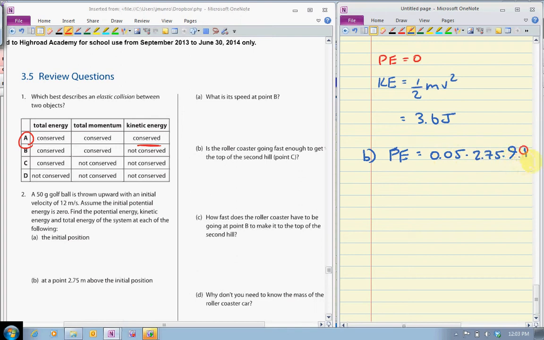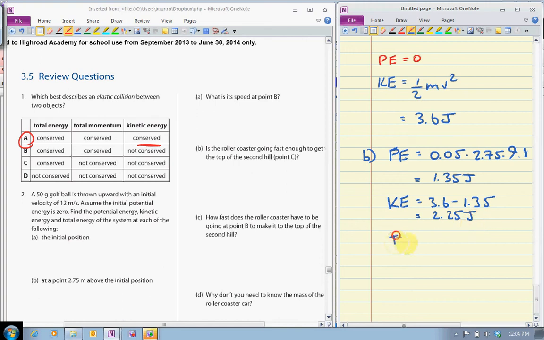I forgot g, 9.8. So for this one we get 1.35 joules. The easiest way to figure out the other one is to simply subtract it from the 3.6, because it has to be conserved. So kinetic energy is equal to 3.6 minus 1.35, or 2.25